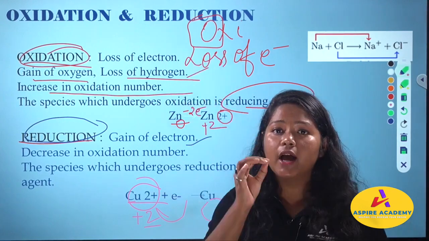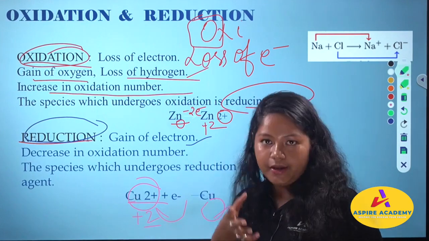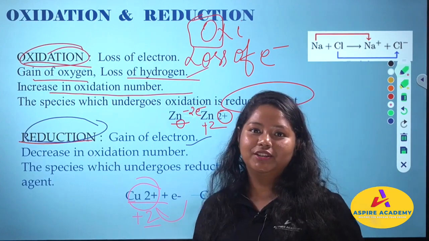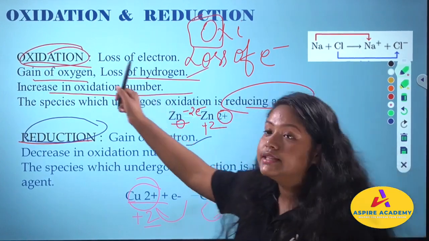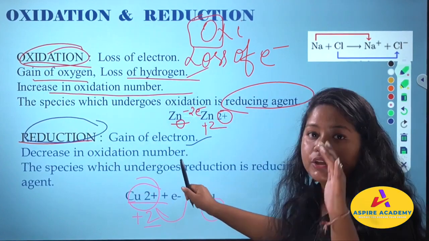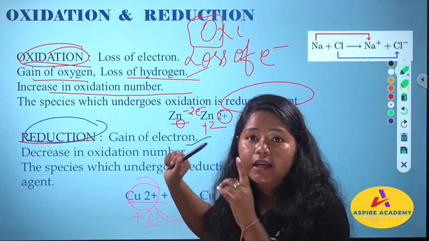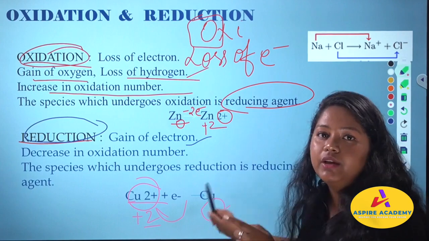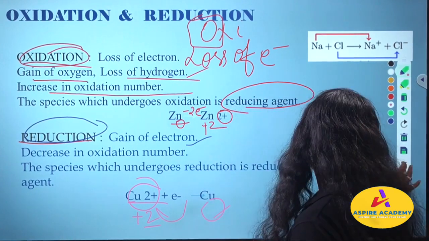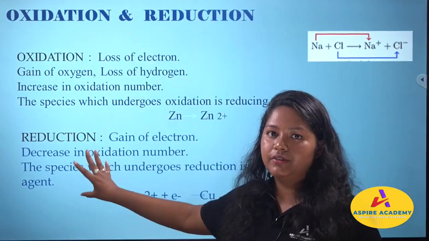In oxidation, if you have loss of hydrogen, what will happen in reduction? Tell me. In reduction, yes, you are right. In reduction, it will be gain of hydrogen. Simple. Okay. If oxidation number is increasing here, oxidation number will decrease here. In oxidation, if a reducing agent is coming into place, in reduction there will be an oxidizing agent that will be coming into place. Understood? I hope it is pretty clear for this oxidation and reduction portion.